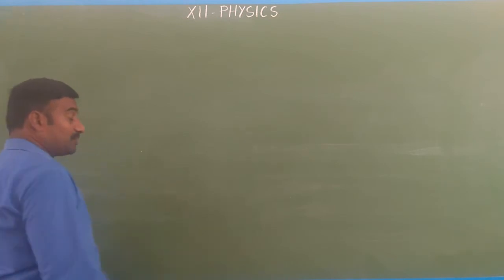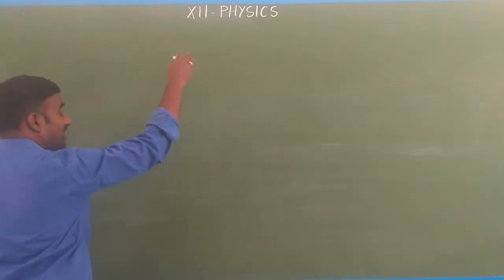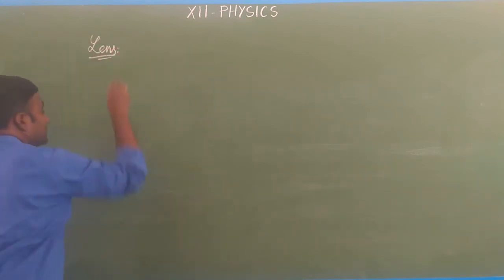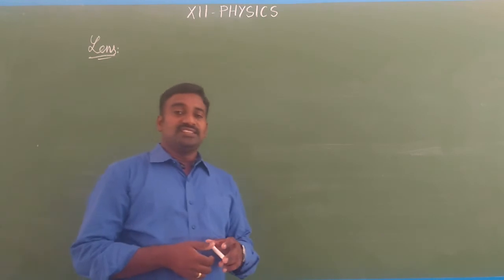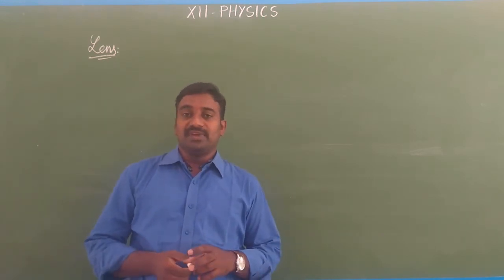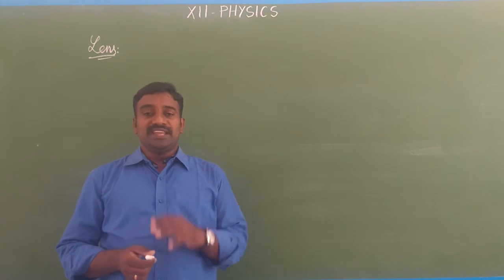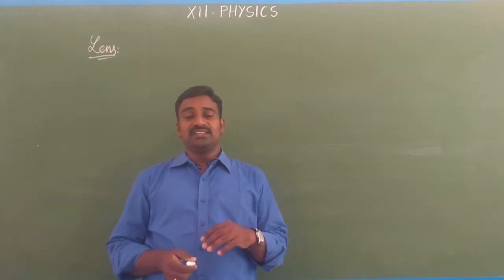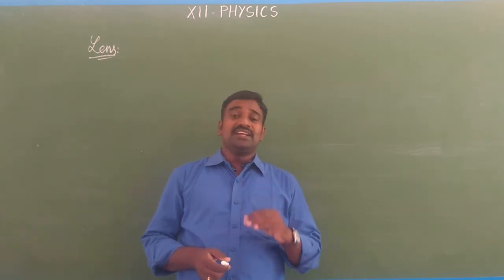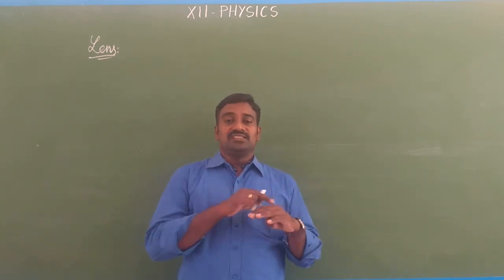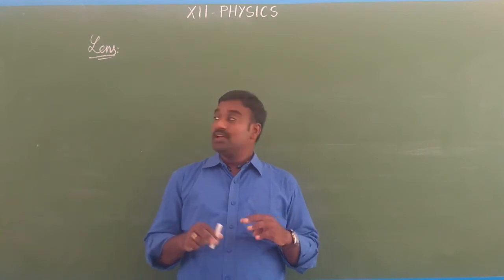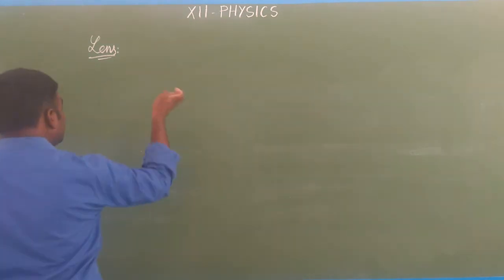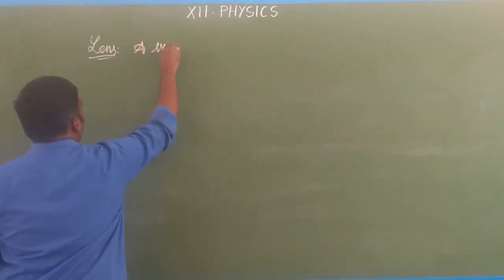Okay. So the next topic from ray optics is the lens. So what is a lens? Already we studied this in our 10th standard. A lens is nothing but a transparent medium. Reflections take place on both plane surfaces and spherical surfaces, but for reflection the surface should be highly polished. The refraction phenomenon takes place in the lens, and a lens is nothing but a transparent medium